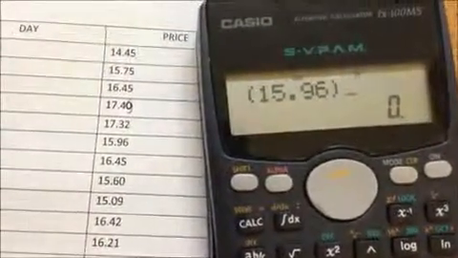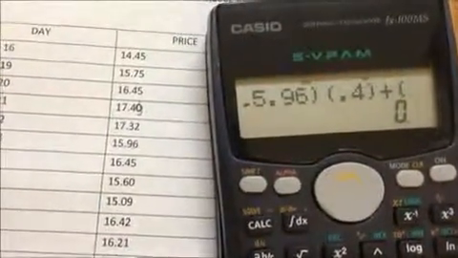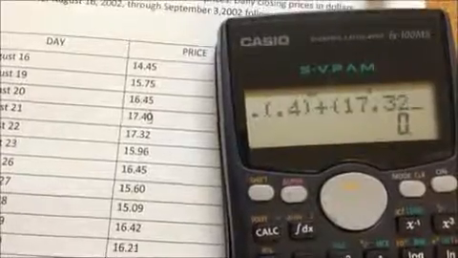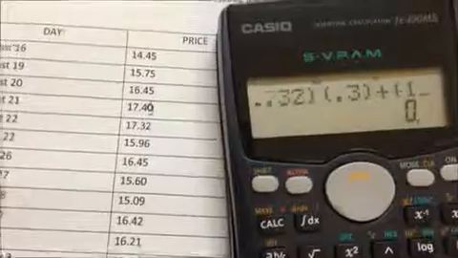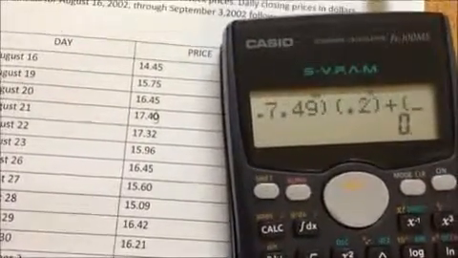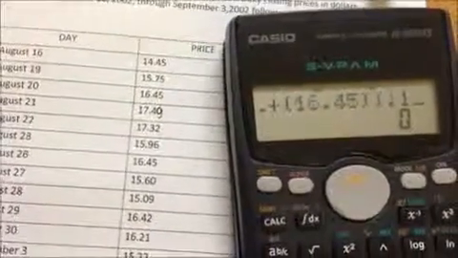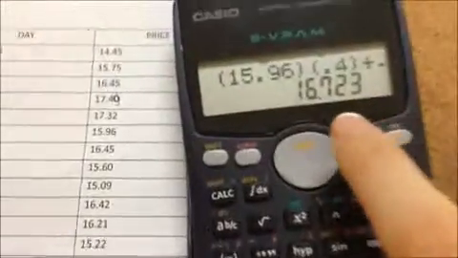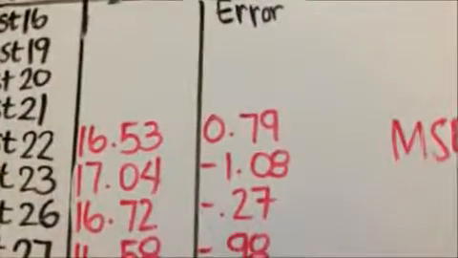So, 15.96 times 0.4 plus 17.32 times 0.3 plus 17.49 times 0.2 plus 16.45 times 0.1. So we are getting 16.72. This is 16.72. And then the next thing we are going to do, like earlier, we're going to look